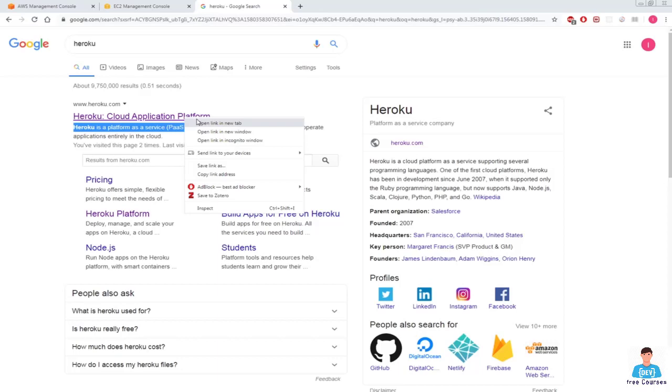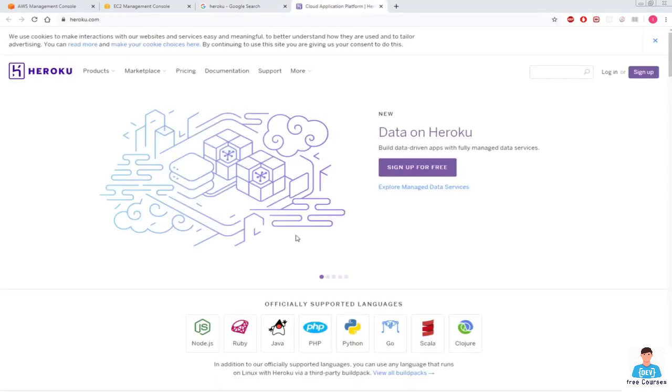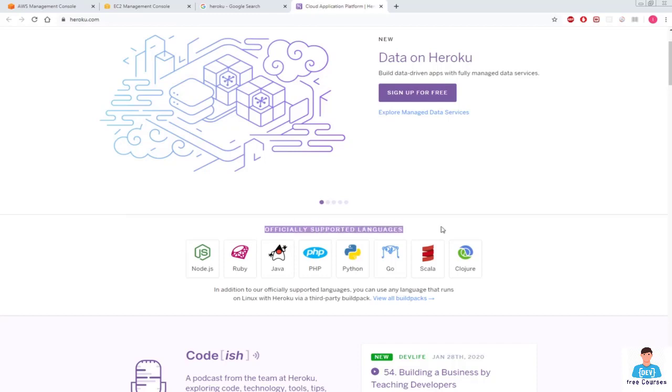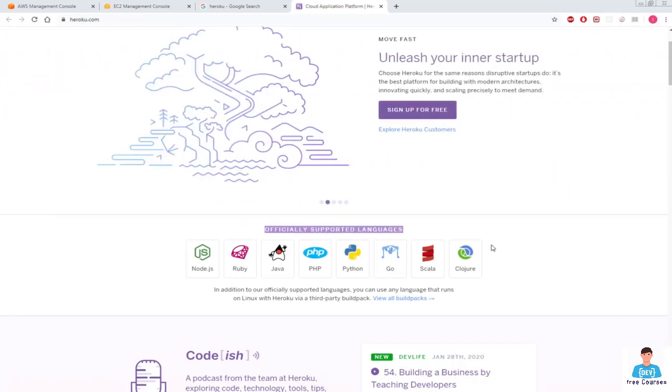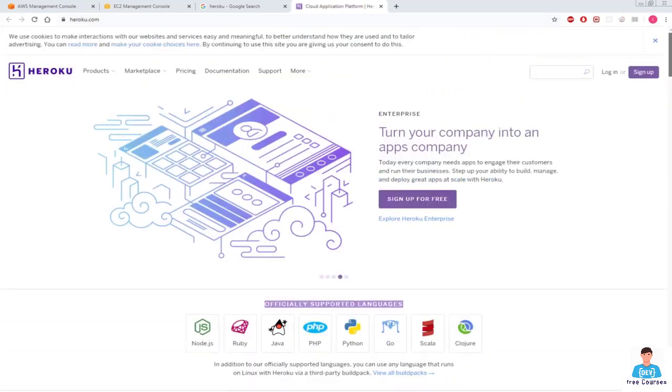So now let's open this Heroku, and you can read in here officially supported languages. So Heroku supports several programming languages like Node.js, Ruby, Java, PHP, Python, Go, etc. So you can develop web applications, for instance, using any of these programming languages, and then you can deploy them